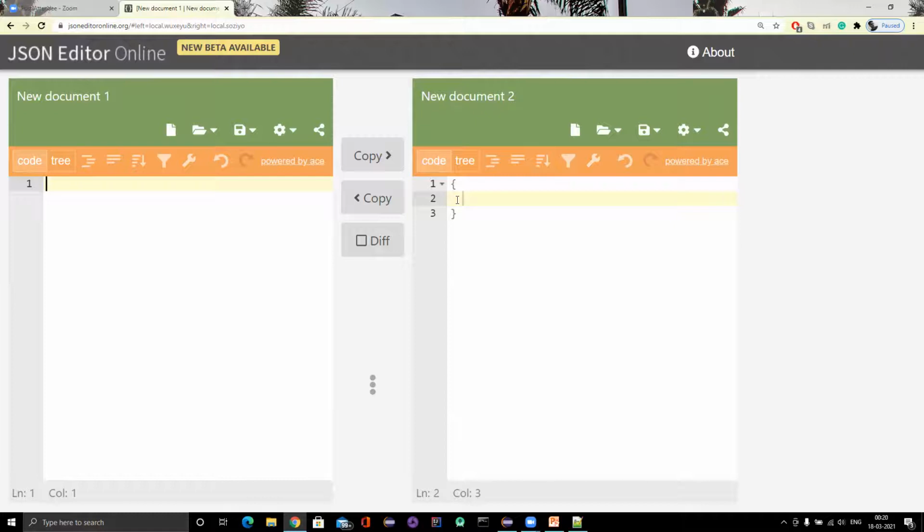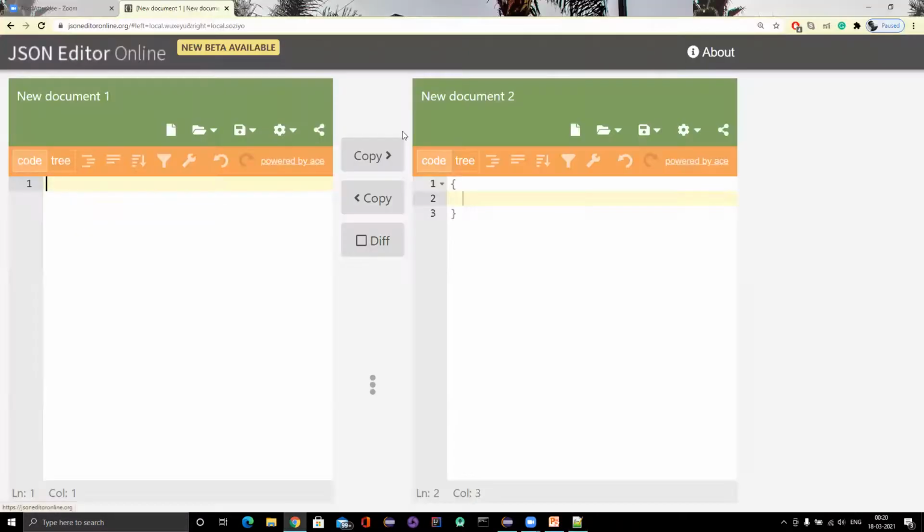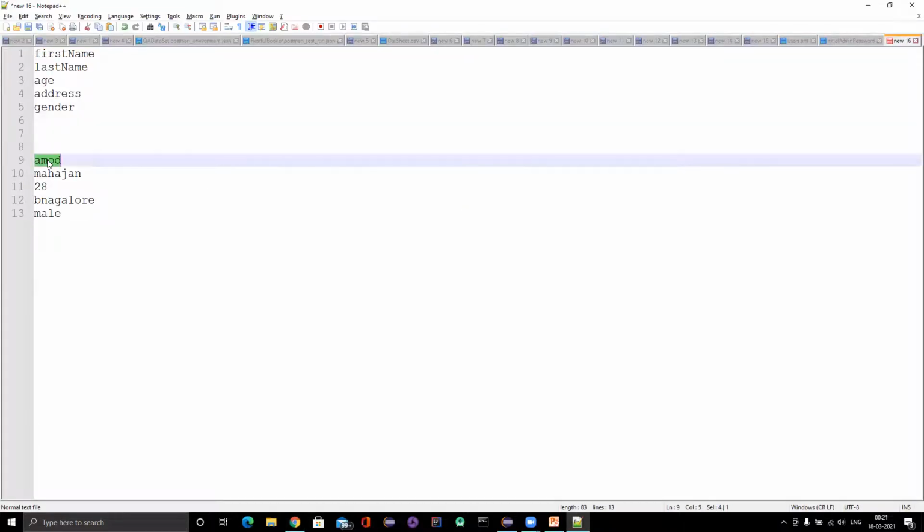And define the values with the key here. Suppose I want to store first name. So first name will be my key. Key you need to give in double quotes, and a key will always be a string. And here we have a value for it.